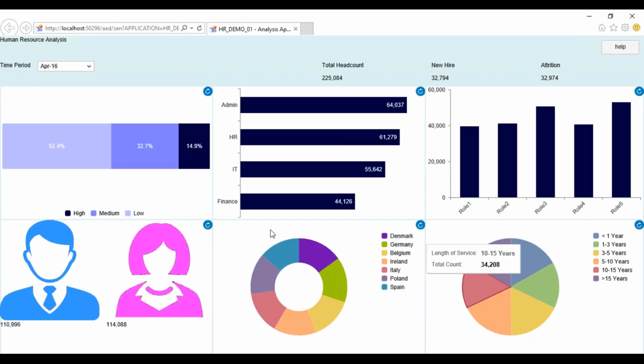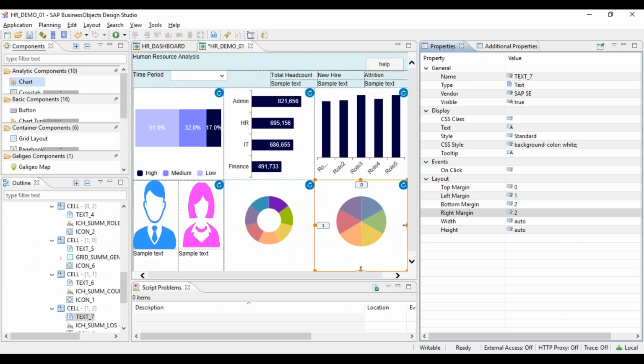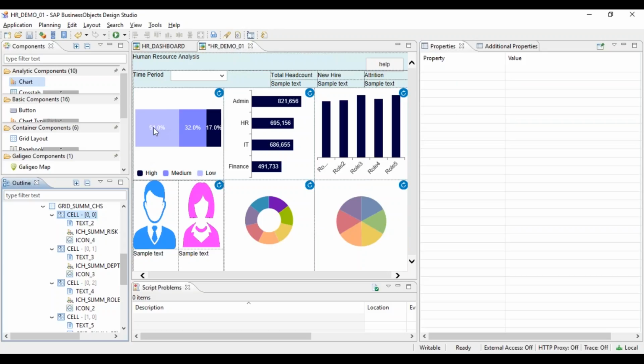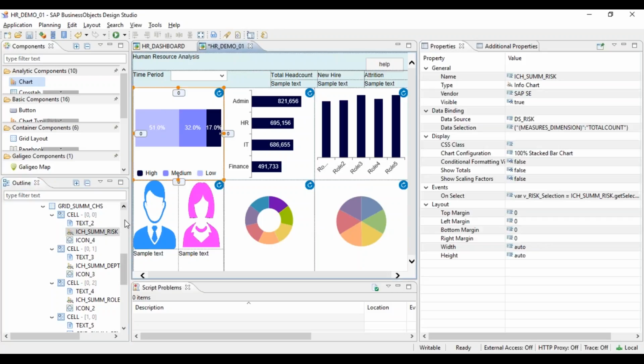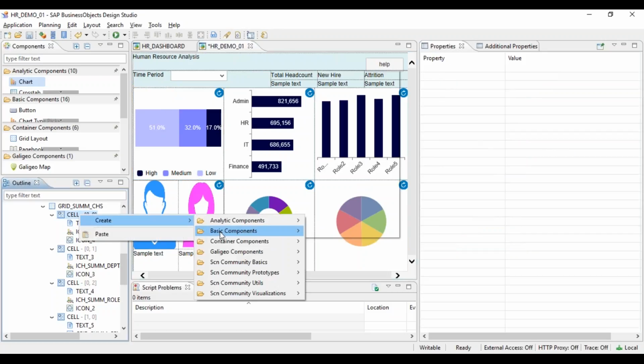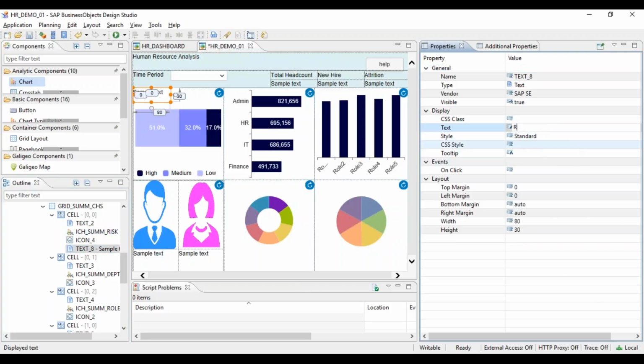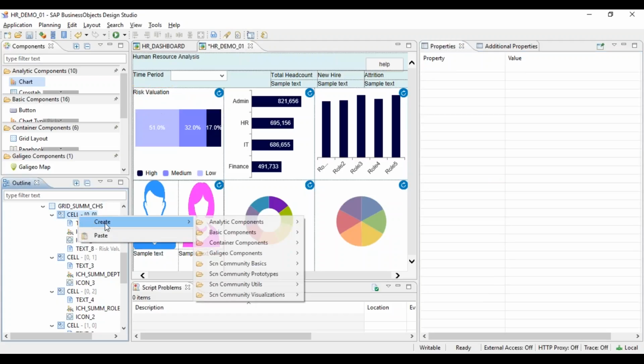Then we can put headers to each chart. So to put the headers, what we can do is insert text boxes again. I'll start with this chart. Insert text boxes, and you can say, okay, this is risk valuation. I'm just trying to recreate the same dashboard.